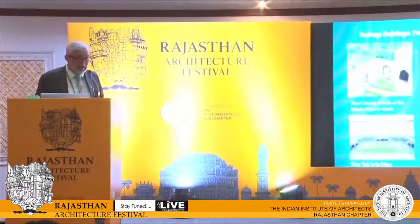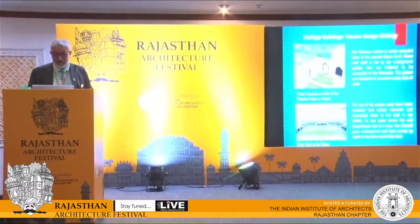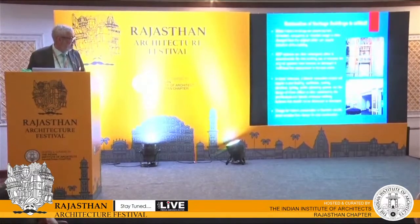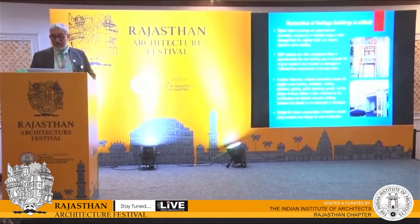I belong to Indore, so we are very fortunate that this particular plateau had some fantastic, incredible water management systems, which include several bowdies, several channels. There are 1200 small ponds completely integrated with each other. So friends,